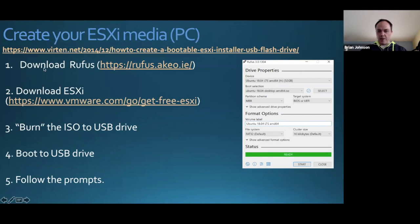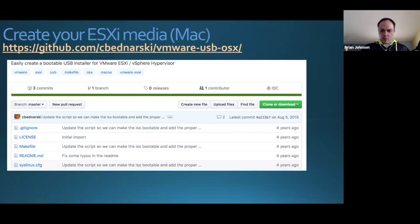On the PC side, again, many ways you can do this. I personally just like this free little utility called Rufus. So you download that, you fire it up, you feed it your ESXi ISO, you say go, it makes a bootable USB drive, you stick it in your NUC or whatever your hardware is, and you follow the prompts to install ESXi. And on the Mac side, which is how I made my ESXi installer,